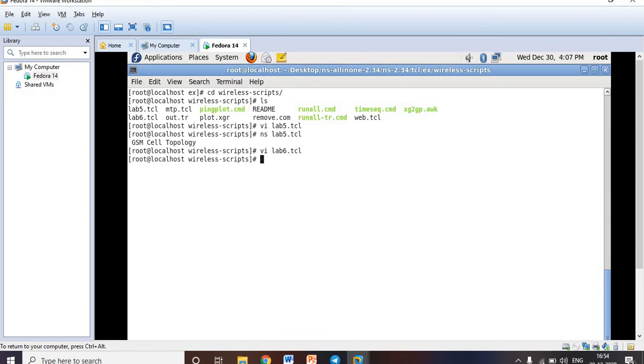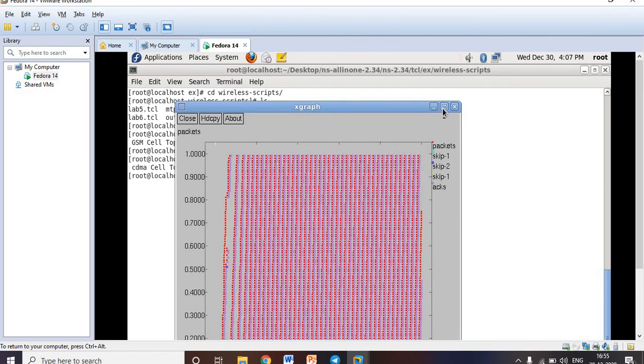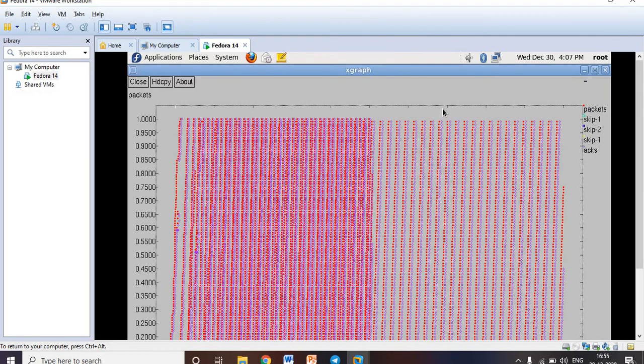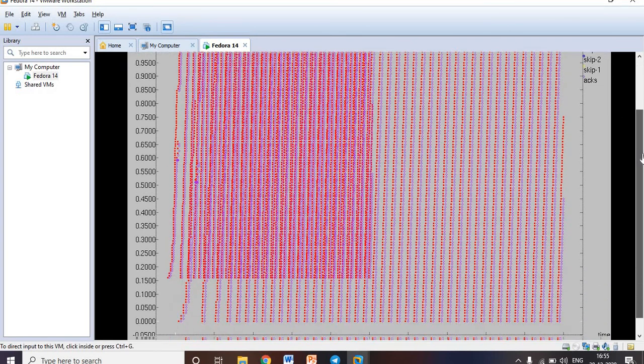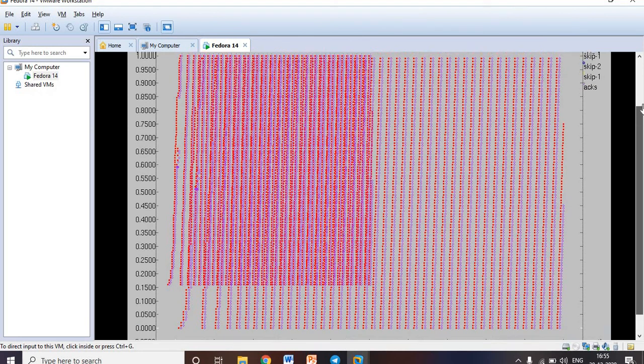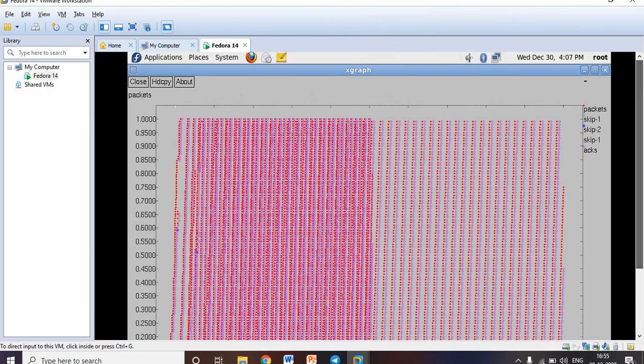Now you need to run the program. ns space lab6.tcl. I am getting the CDMA cell topology as a puts statement, and this is the graph I am getting. So this will be the output for your sixth program, the CDMA program.